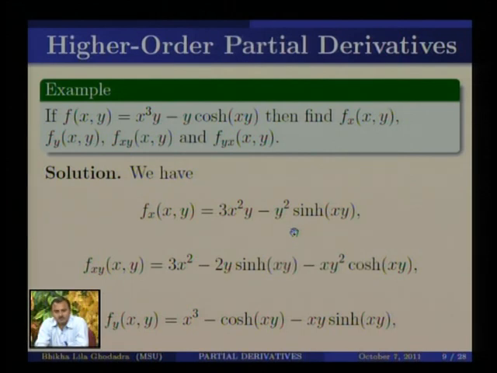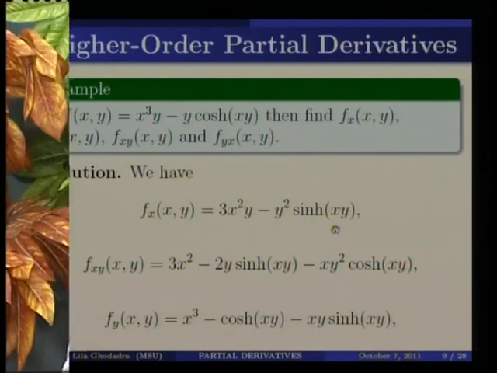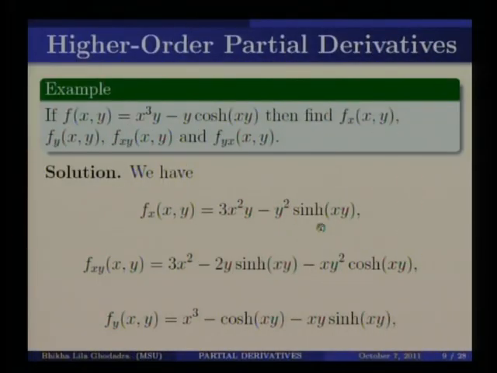So first we use the multiplication rule here. So the derivative of y squared is 2y, and the function sin hyperbolic xy remains as it is, so the other function remains as it is, and then we keep y squared fixed, and the derivative of sin hyperbolic xy is cos hyperbolic xy, into the value x. So this is fxy, that means the derivative of fx with respect to y.